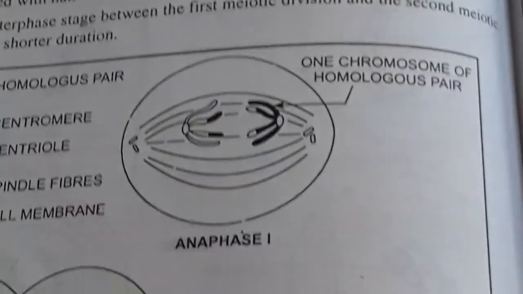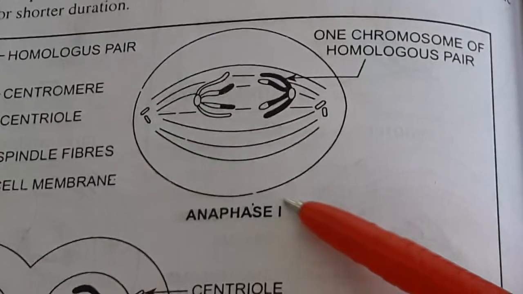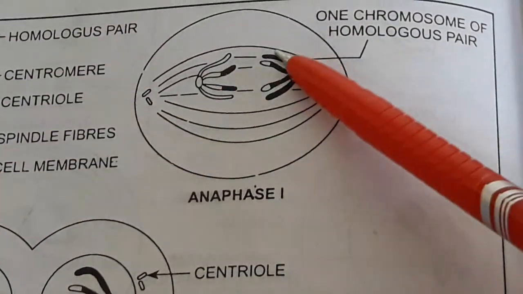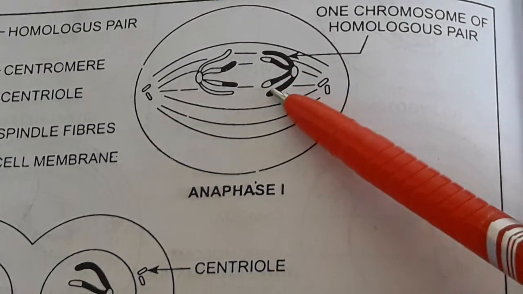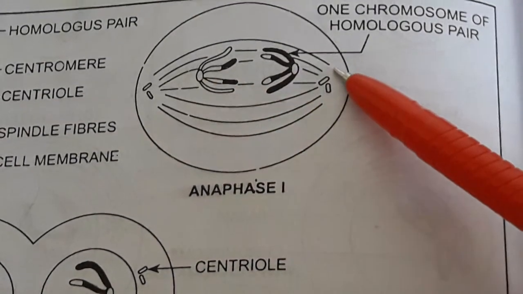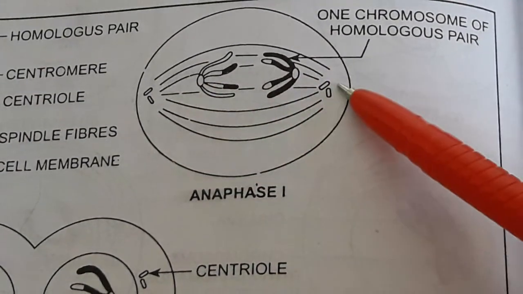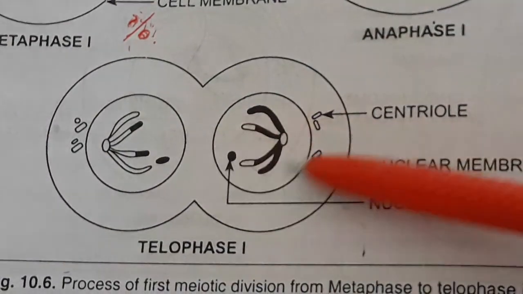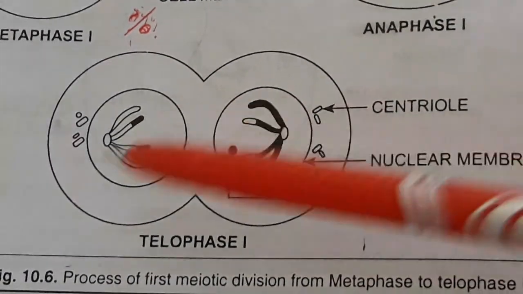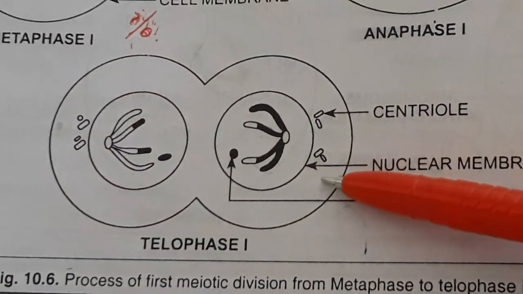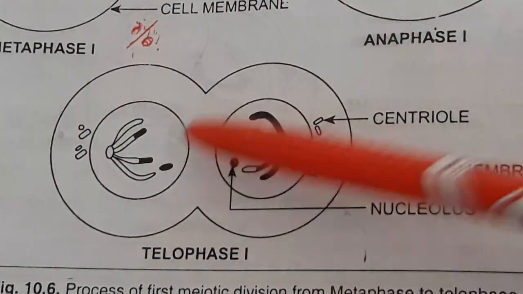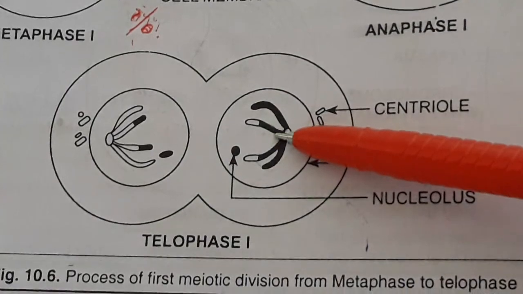After this, gradually anaphase is taking place. Here the chromosomes, now with the exchanged segments, will start repelling. Okay, they will move towards the opposite poles, and finally in telophase 1, the nuclear membrane and nucleolus start reappearing, centrioles are also formed. Okay, they take their position, and ultimately 2 daughter cells are being formed here.